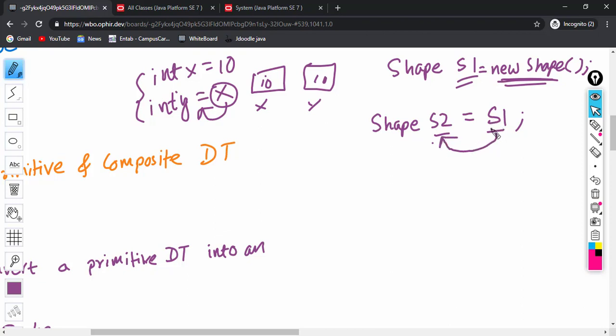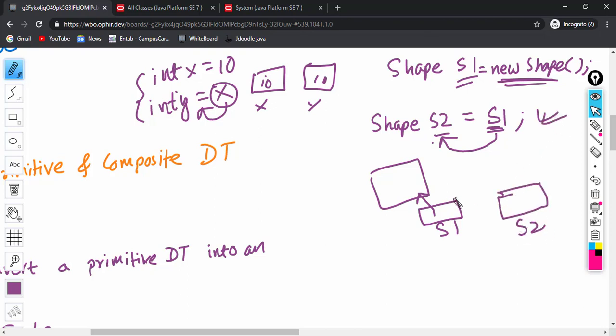So S1 is storing the address of this object. When I copy the value of S1 to S2, the address will be copied. That means both S1 and S2 are referring to the same object. So here the address gets copied, not the value.